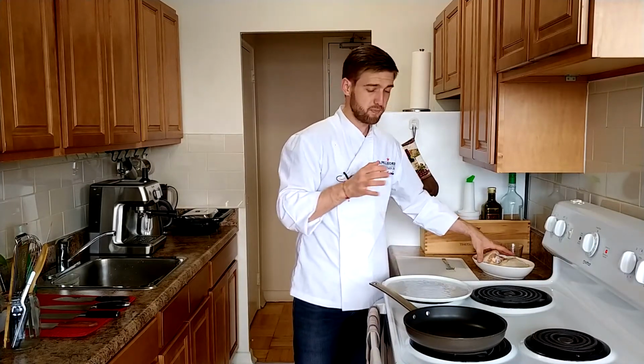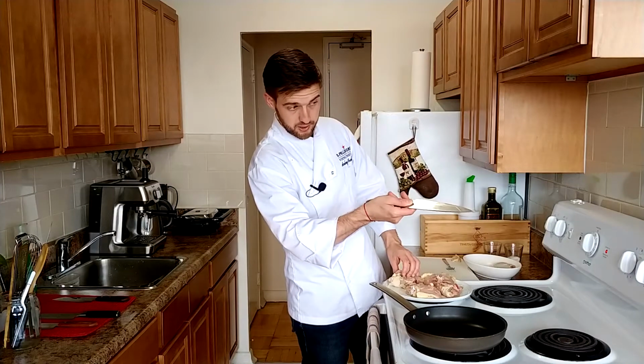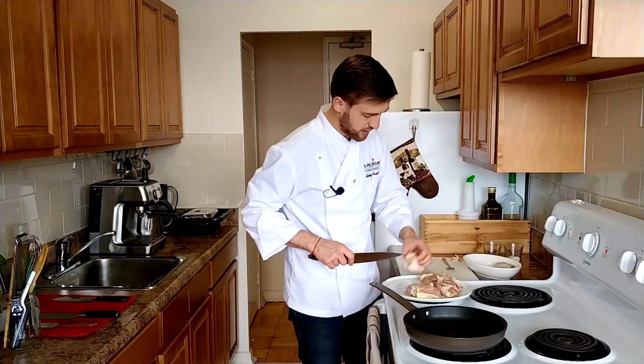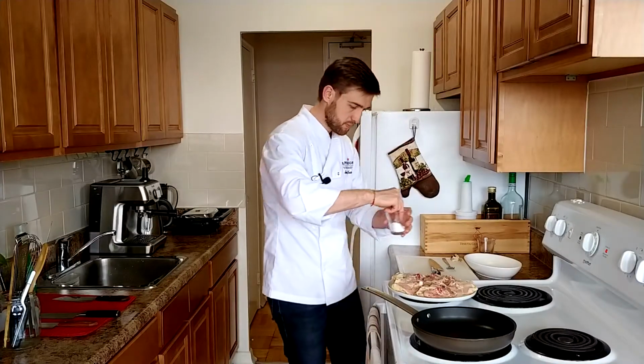But as for now, I'm going to start roasting it. So I'm going to put everything on a plate, pan already on the heat, 5.5, 6. We want to render some of the fat of the thighs. The brine is already with the seasoning and everything, but you need to give it a final touch of seasoning. So pepper, salt,